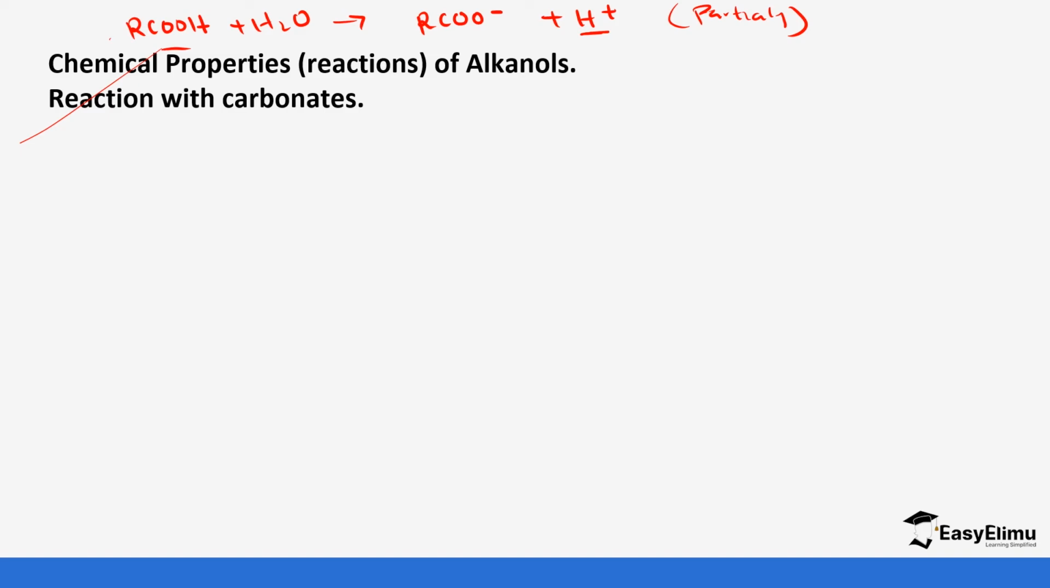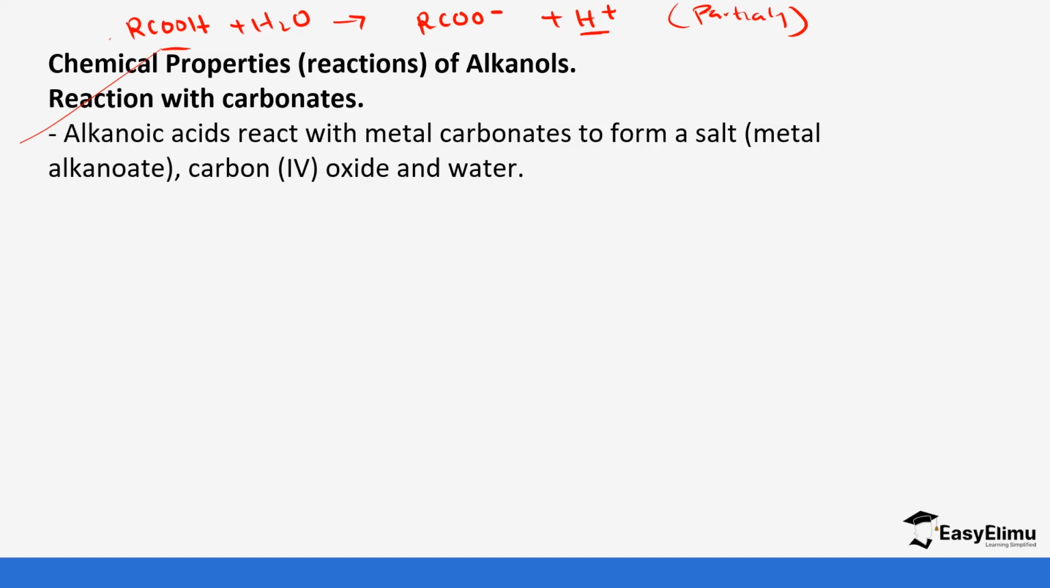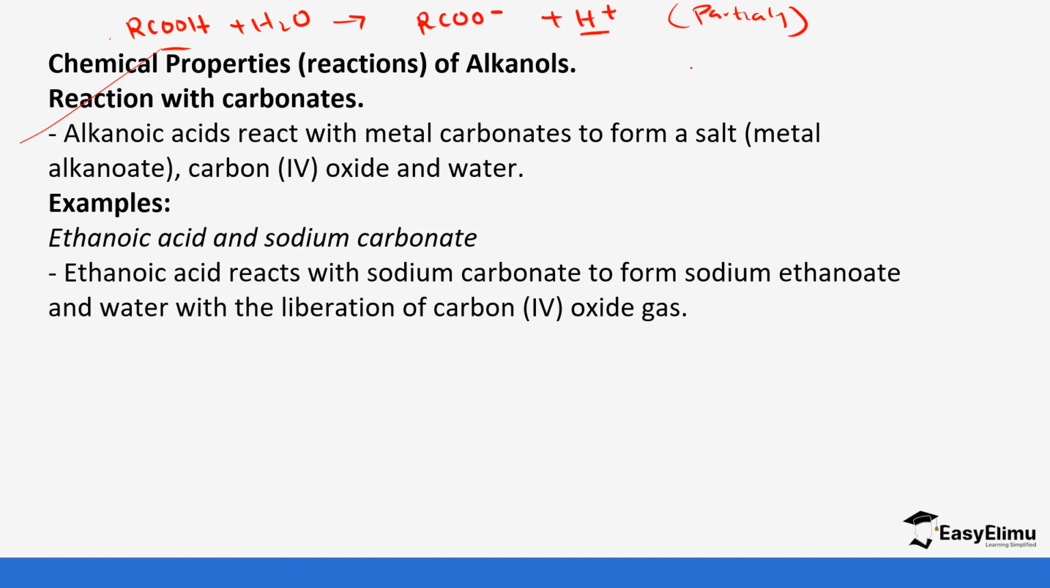carboxylic acids. So when we come to the reaction with carbonates, automatically we know acids react with carbonates to form salt, water, and carbon dioxide. A colorless gas will be given off, which when you bubble it in lime water will form a white precipitate. The salt that we form is usually referred to as an alkanoate. Ethanoic acid, for example, will react with sodium carbonate to form sodium ethanoate and water with the liberation of